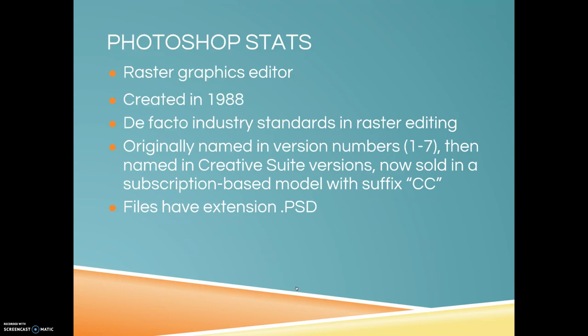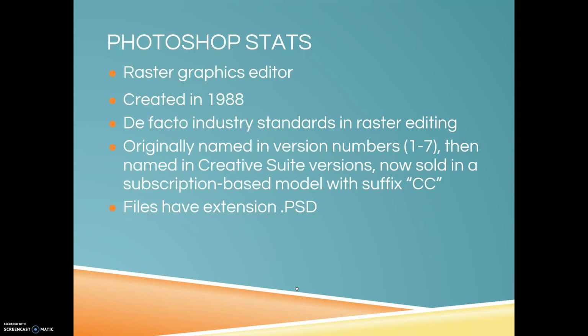So originally Photoshop came out every few years, they'd come up with a newer version, and those were all numbered versions 1 through 7. And then they started packaging all of their programs together. So Adobe, in addition to making Photoshop, makes other programs that graphic designers use like InDesign and Illustrator and Dreamweaver and all these other programs that you can use for graphic design purposes or for web design. And they started packaging them in these creative suites that started becoming numbered as CS2, CS3, all the way up to CS